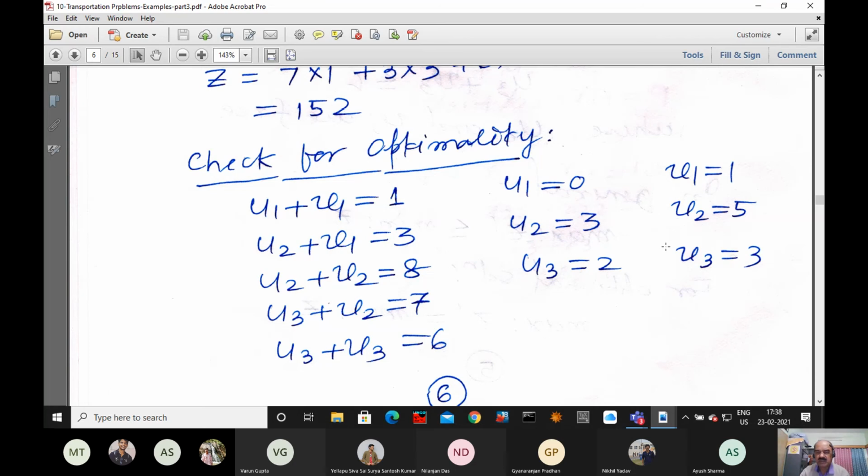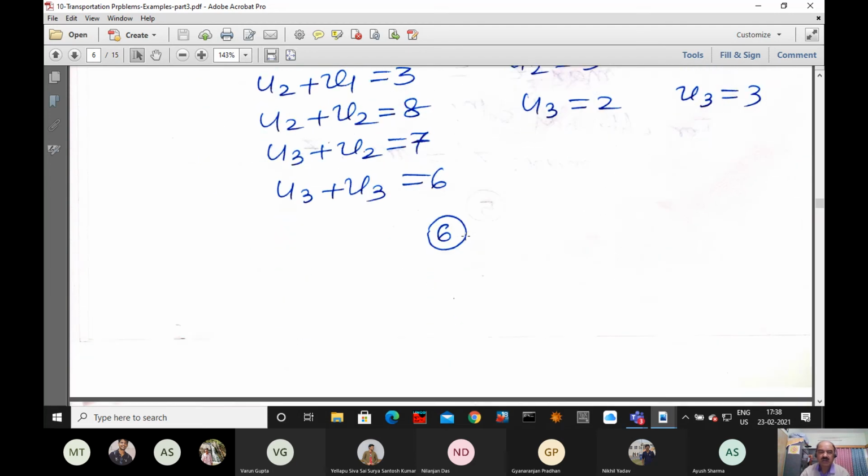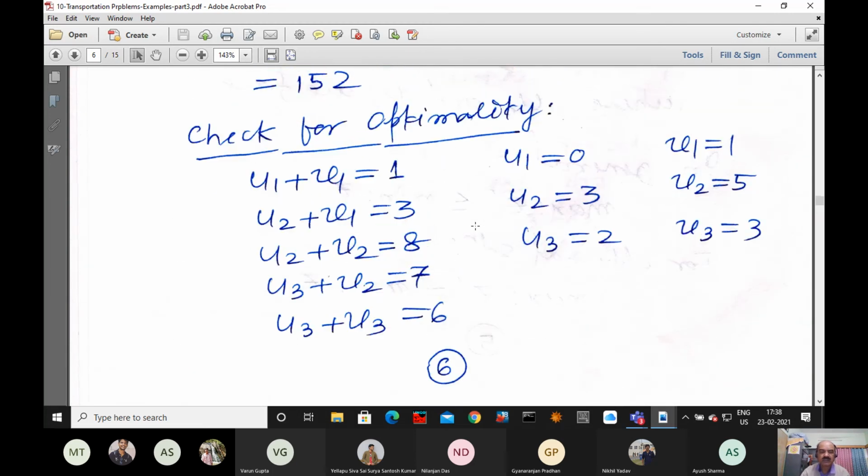Okay, there may be mistakes also. So after calculating, we'll check all this. You are calculating the dual variables. These dual variables are nothing but the Lagrange multipliers. These multipliers you are calculating, and they are free variables. Once you have calculated the multipliers, we have to check whether it is fulfilled or not. If there is a mistake, then they will find the same mistake there.